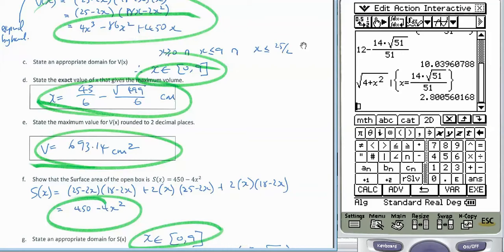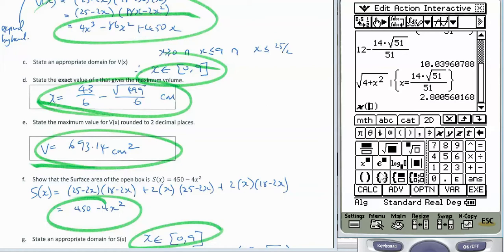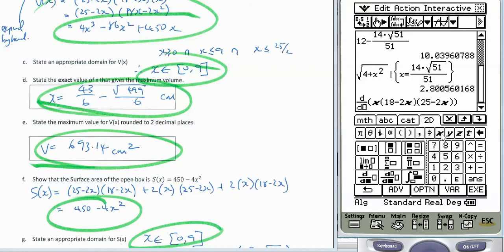Part D then asks, state the exact value of x that gives the maximum volume. Okay, on my calculator, I'm going to put in my expression for volume, which is x times 18 minus 2x times 25 minus 2x, and I'm going to take the derivative, calculate derivative with respect to x. I'm going to set it equal to 0, and I'm going to solve for x,